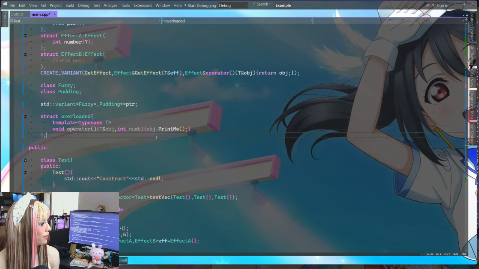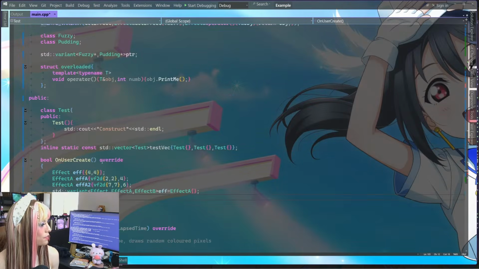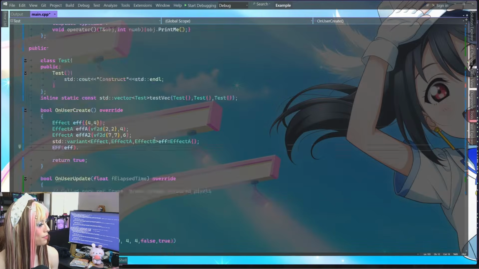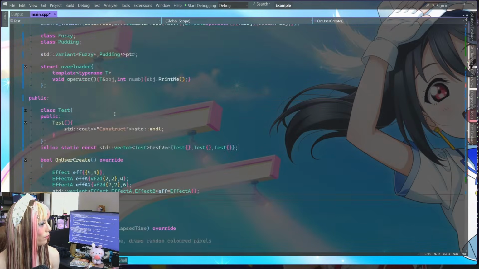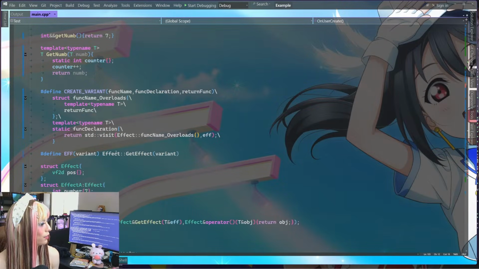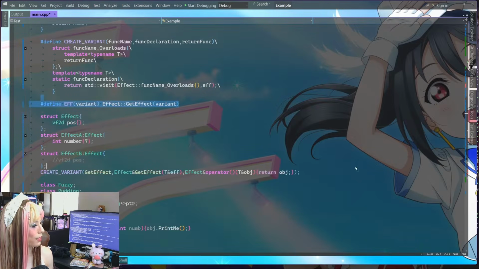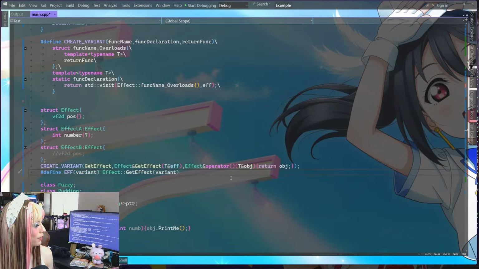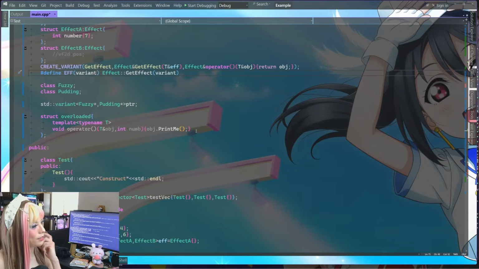So it would look like this, and then I would say EFF dot, in this case, pause. Did I do this wrong? Effect get effect. This has to be defined after this one. Like, ordering matters, I think. No, it doesn't.